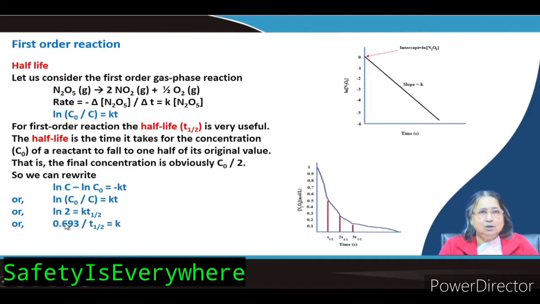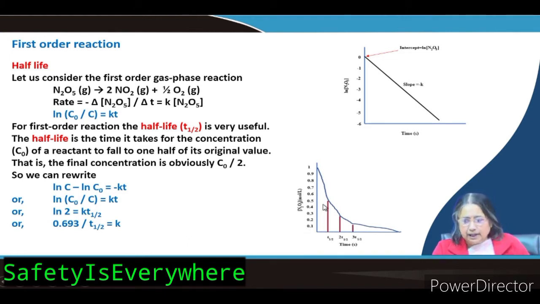But there is no concentration term here, you can see. That means half life does not depend on the concentration, it is a very characteristic thing. That is why in radioactive elements also, when I discuss radioactivity, you will see that radium, say for example, has some particular half life, uranium has some particular half life. It does not depend on the initial concentration. It is a characteristic thing.